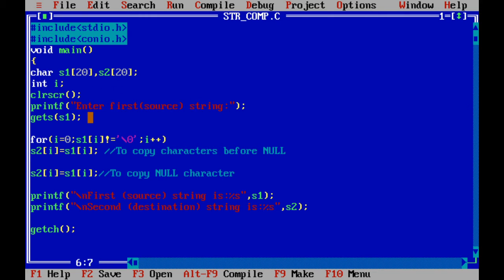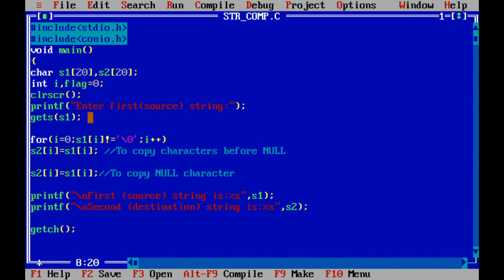Then we require int i for the loop, and we will take one more variable, that is flag, and we will make it 0. This is the variable which we are going to use for checking the characters. So initially flag is equal to 0.